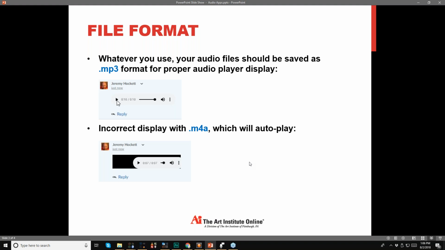The reason I'm doing MP3 is because you're not doing a symphony orchestra, so you don't need high quality audio. You certainly do not want to record in WAV because those are huge files, and I don't think they show up at all as an audio player. So the reason we're going through it this way is simply because we want this to be as quick and easy for everyone to use, without going through a bunch of hoops to get to that final piece of feedback